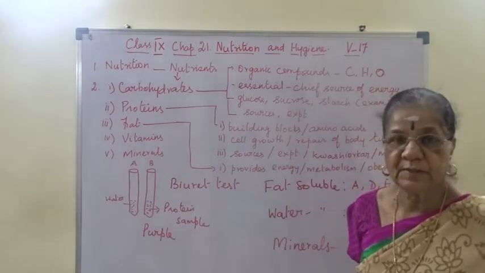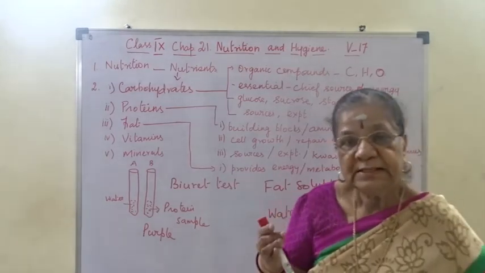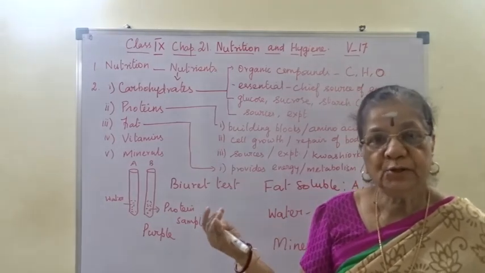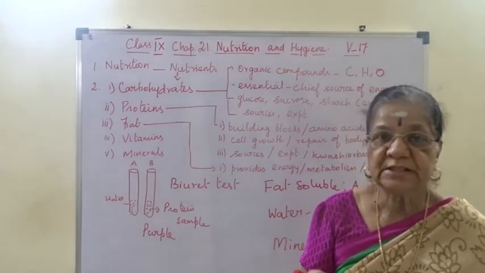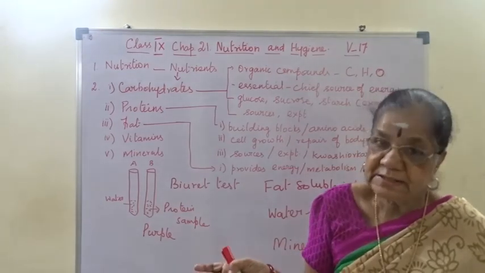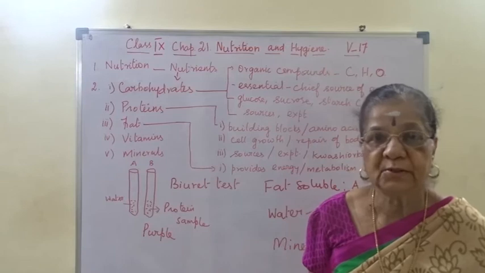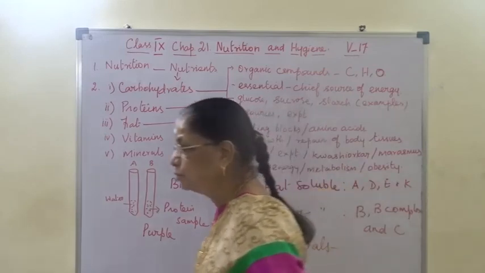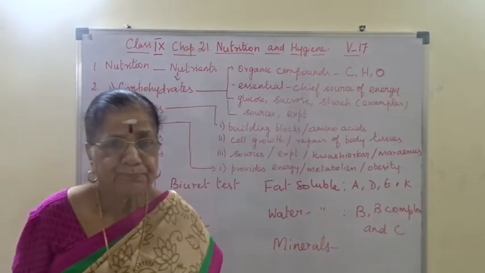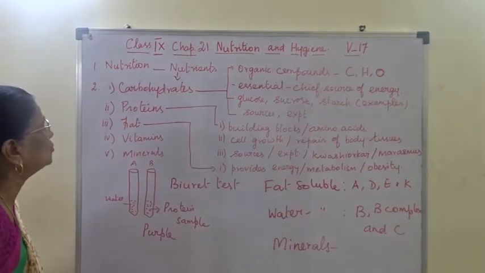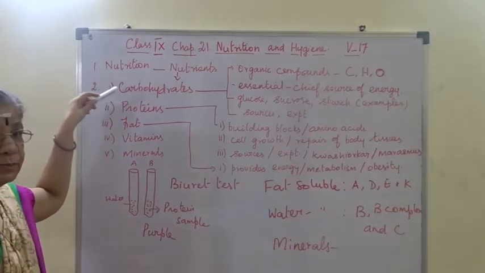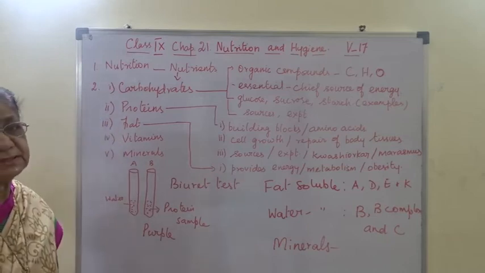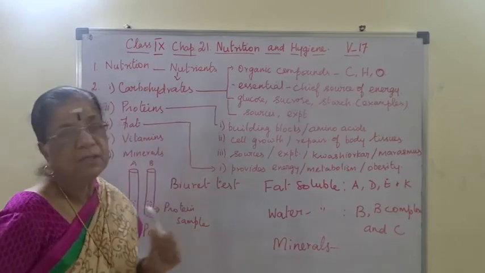I hope you are following. So in video 17 we are going to learn about nutrition, and in video 18, food preservation, adulteration and the safety measures of food control. That is the hygiene topic, okay? Now the food components, as I said, are categorized into carbohydrate, protein, fat, vitamins and minerals. Right? Now the carbohydrates, what are they?